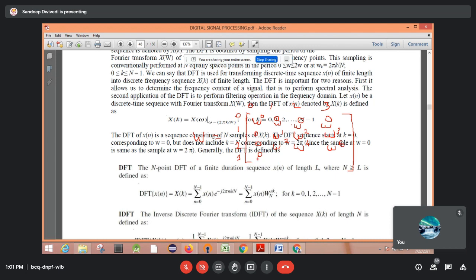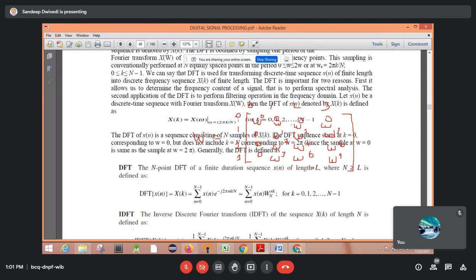Okay, then this one will be w raised to power 3 into 1, so this will be 3, then w raised to power 2 into 3, so this will be 6, and then the last one is w raised to power 3 into 3, 9, n minus 1 into n minus 1, that will be your last element. So this is a 4 by 4 matrix for the 4-point DFT.